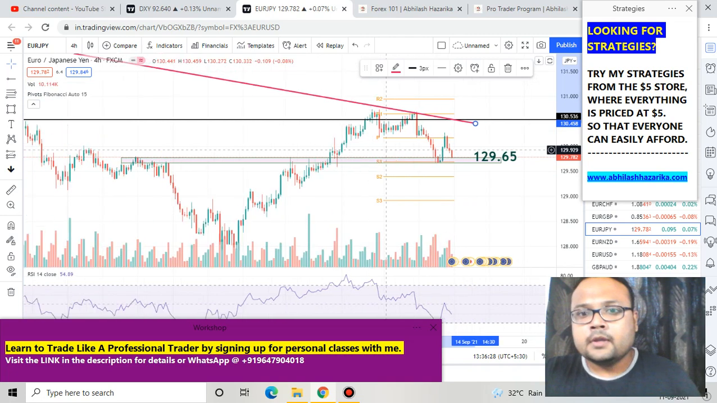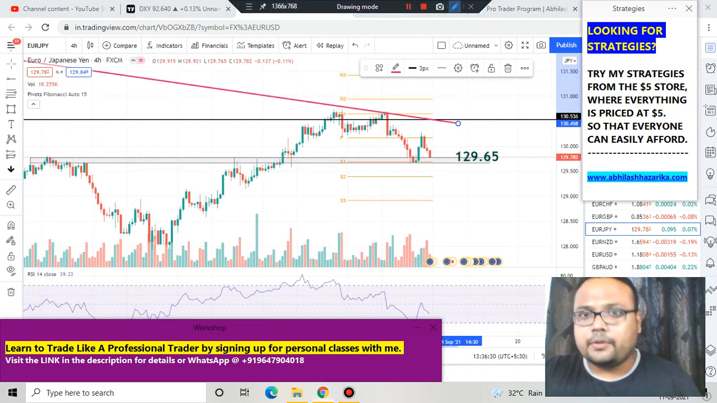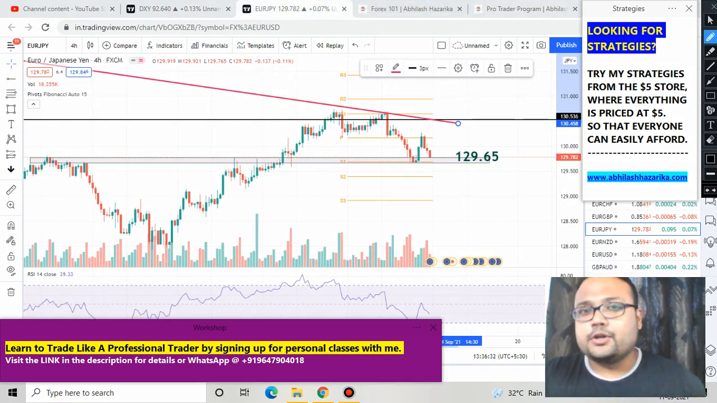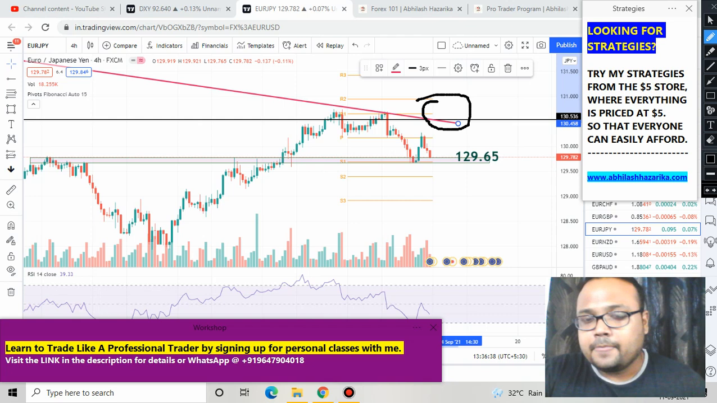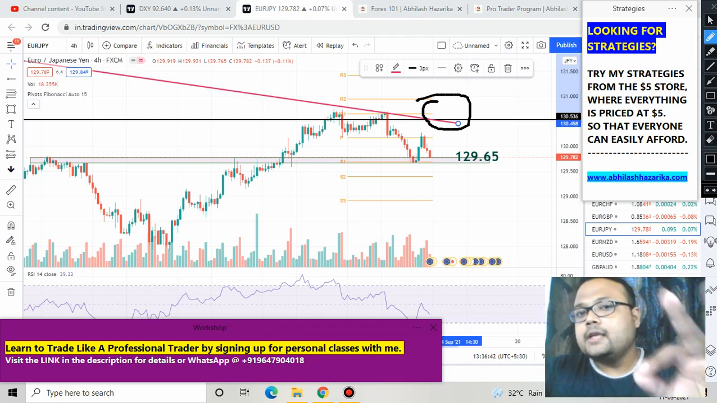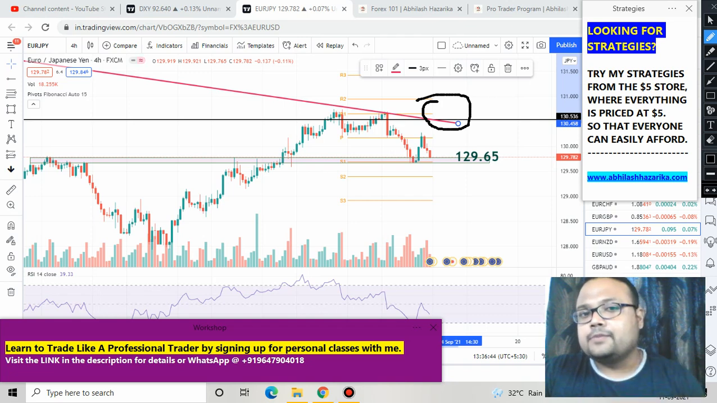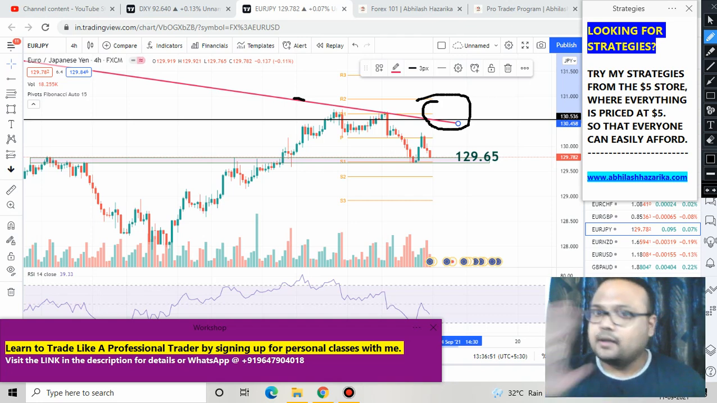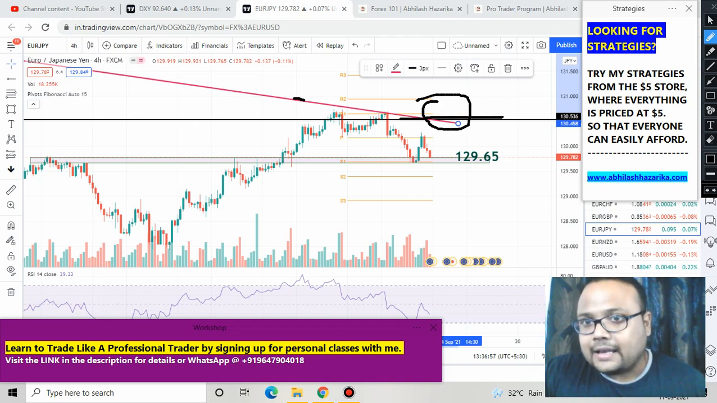So the first trading opportunity on the chart of Euro JPY is shorting the market at this level here, because this is a very strong resistance. Let me explain. You have understood that we have a trend line which is acting as a dynamic resistance for the market. Clear? Apart from this trend line, you can see that I have also got a black line here on the chart,